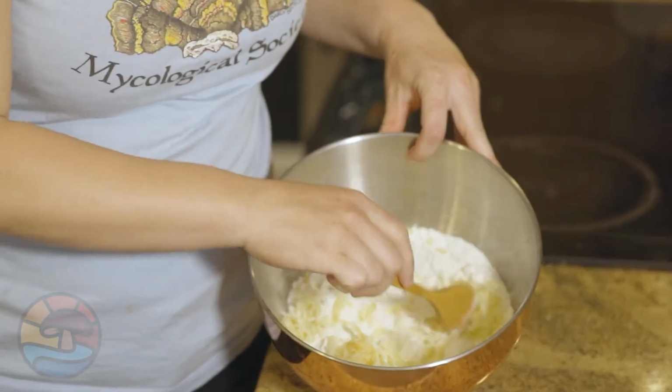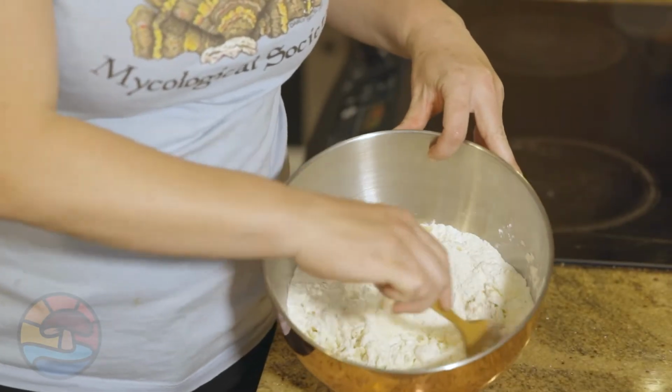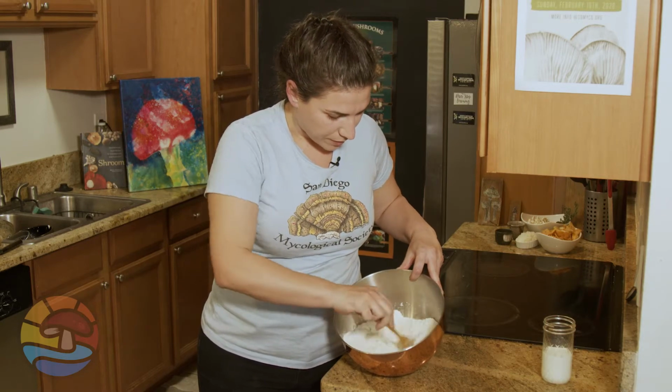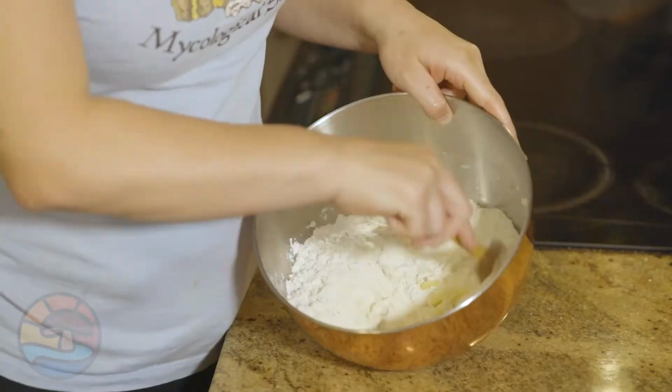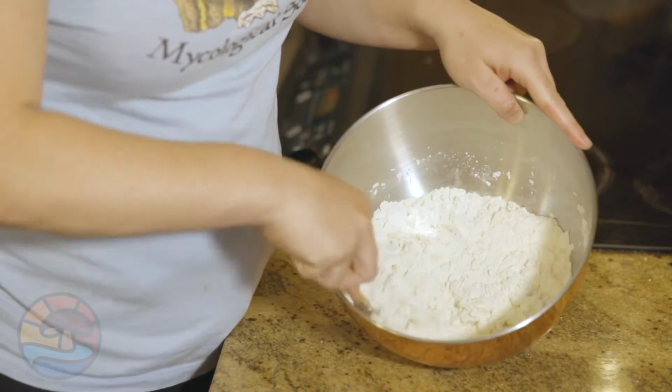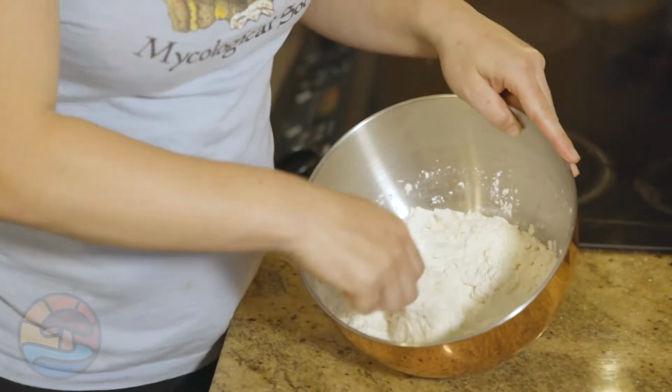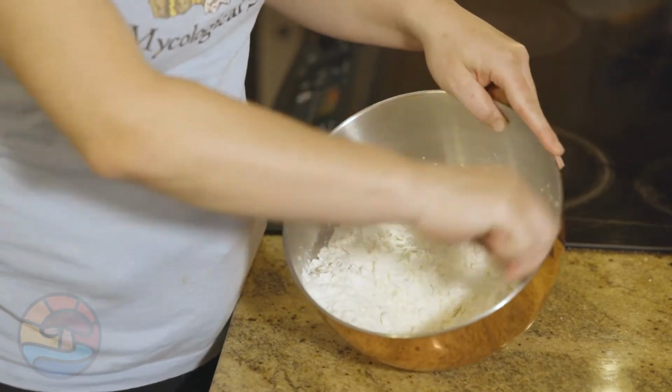I like to make my biscuits with a wooden spoon. I think it's a little less invasive on that beautiful brown butter that we have. So now that I have all that beautiful butter, sugar, salt, and baking powder mixed in,